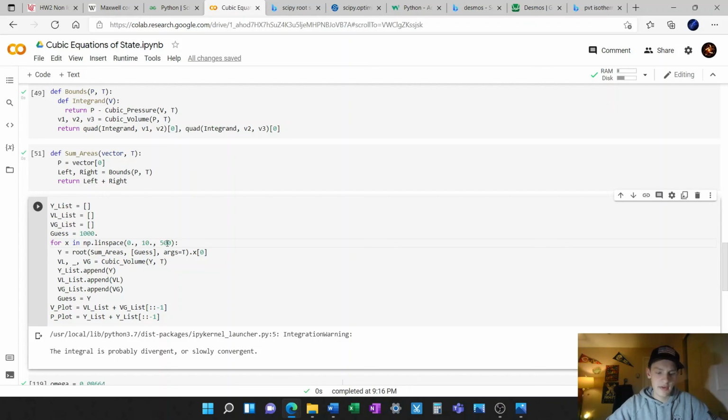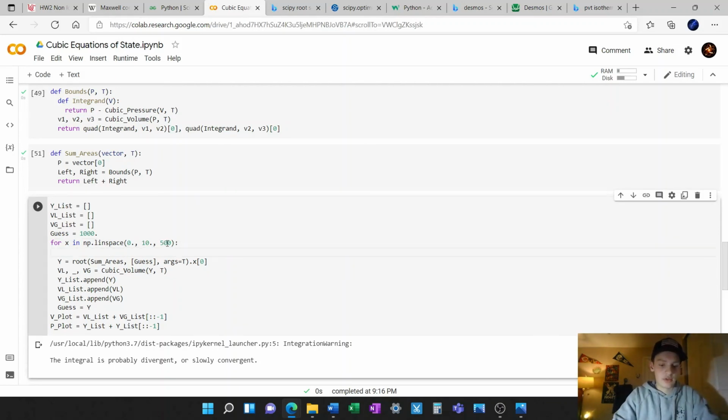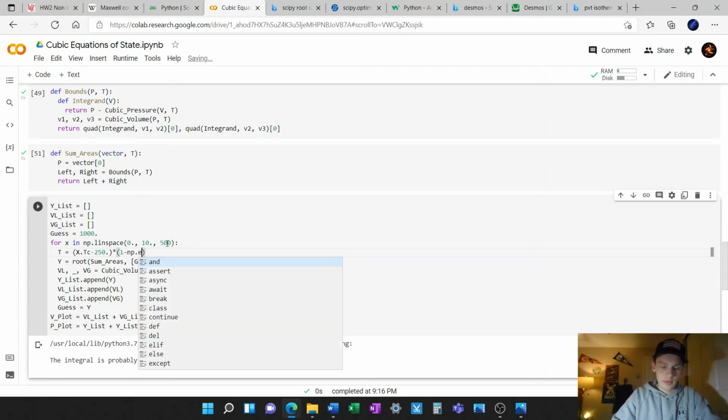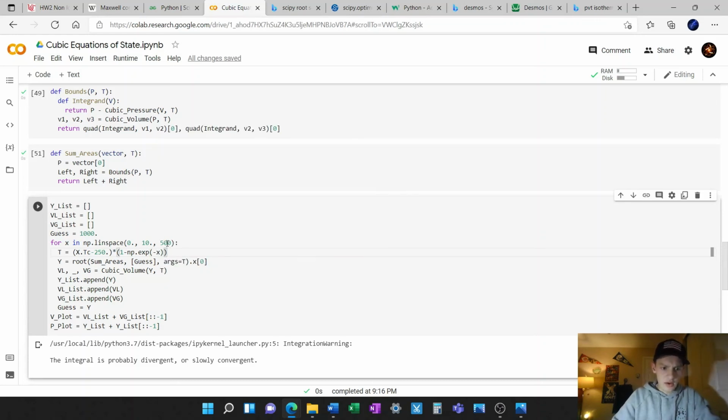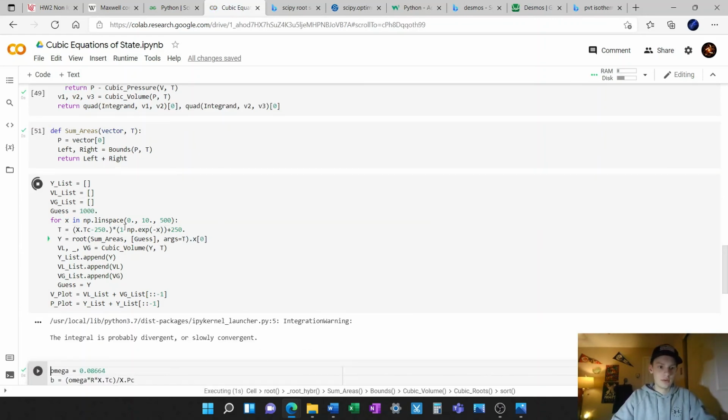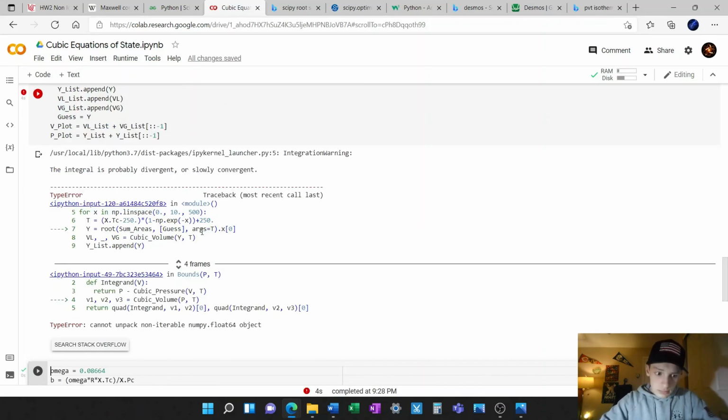So we have all those points in here, and all we need to do is write our expression for t, which will depend on x. So we'll do x.tc minus our initial value, which will be 250, times 1 minus numpy x exp negative x, right? And then all of this plus 250. And let's see if this works. Does not work,